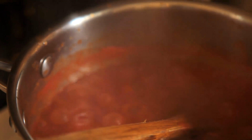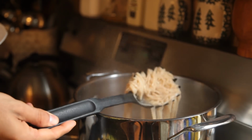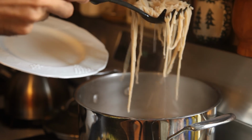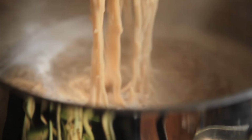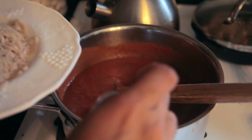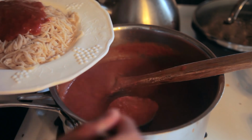I removed the cooked pasta after a couple of minutes when the water had returned to a boil. Fresh pasta cooks very quickly, so make sure not to overcook it, otherwise it will completely break apart. Because of its delicate nature, instead of draining the pasta in a strainer, I carefully fished it out of the water. I ladled the fresh homemade pasta with fresh homemade homegrown tomato sauce, topping with the seared homegrown summer squash,